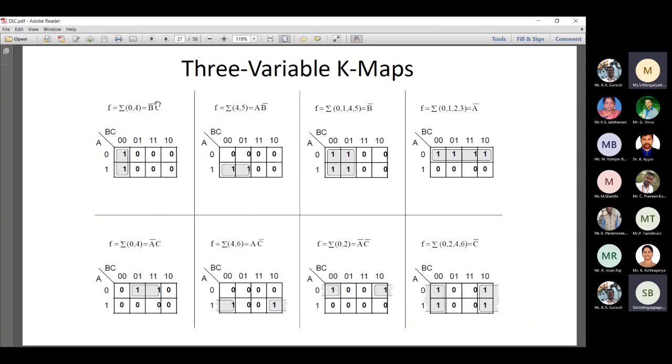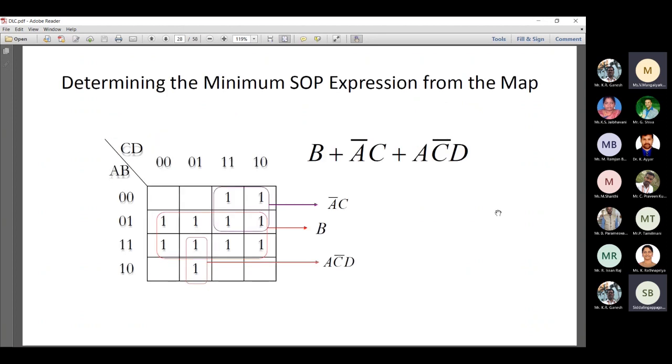Here you see you have got two terms, right? If you group this into two pairs, then you'll get two terms. That is wrong. K-map is used to reduce the expression, right? Here we are just using a NOT gate, right? If you have two pairs, you have to use two AND gates, so that it will increase the number of gates if you want to represent it as a logical circuit, right? That should be taken care of.